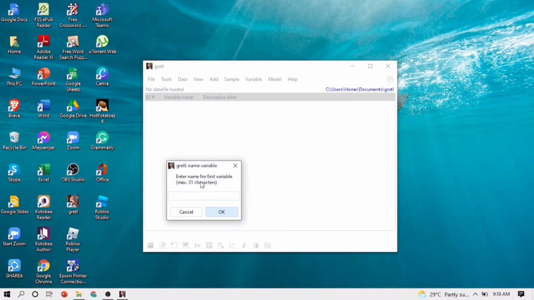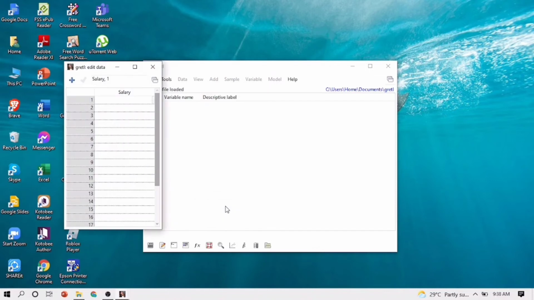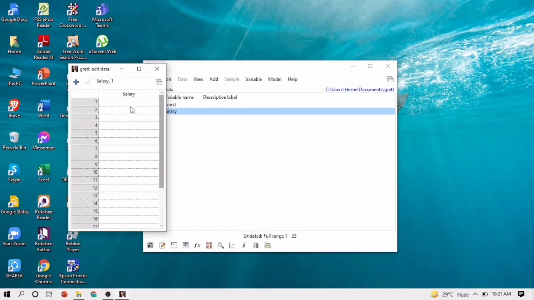Then enter the name of the first variable. So what is your first variable? My first variable is salary. Then click OK. And this is the data to be edited. We will start inputting data. So we have the salary composed of